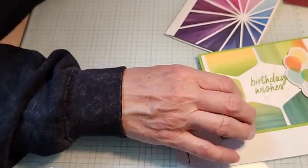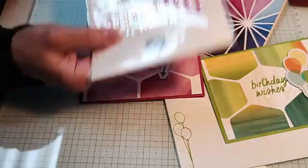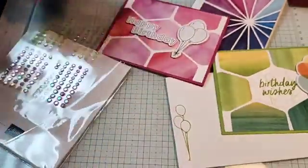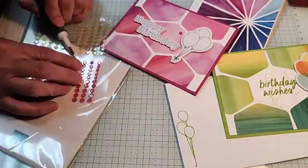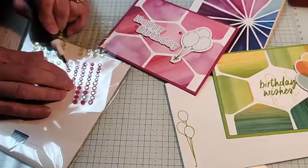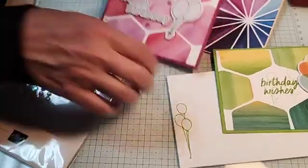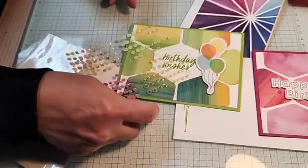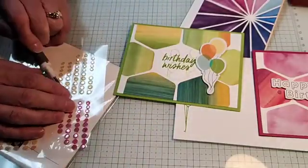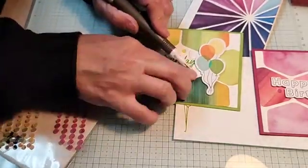And there is one card. Look at that. 803, and I kind of made 2.5 cards. I'll call that a half card. Oh, I forgot these. Let's add some of these just because we can, and I got them out. I think this is going to be icing on the cake, even though I don't have any. Let's do a big one. I like to do odd numbers in a triangle, and look, which ones should we do? I think the yellow. The greens don't quite match. So instead of trying to match, I just coordinate. And we'll put these all in the